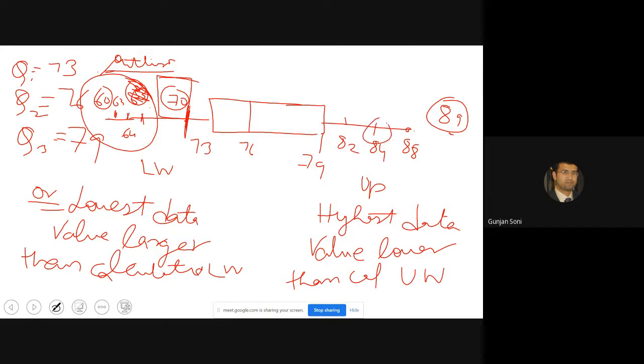So it will be 84. Then 89 and 88 become the outliers. So this is the whole purpose of your box plot.